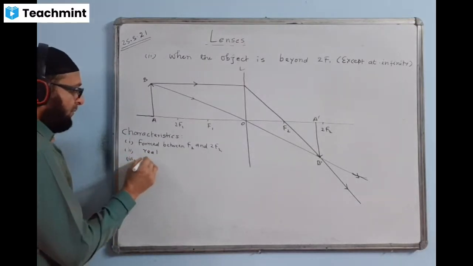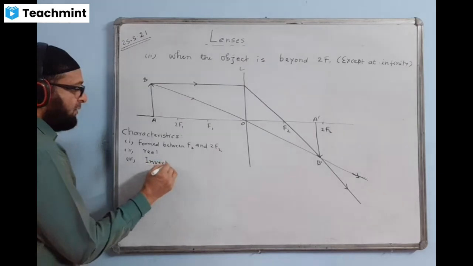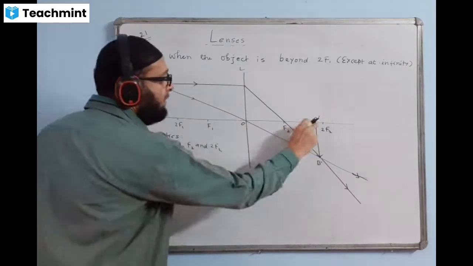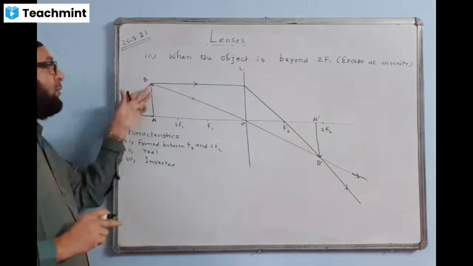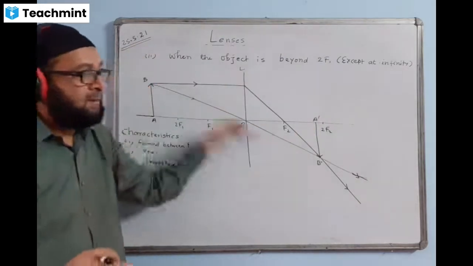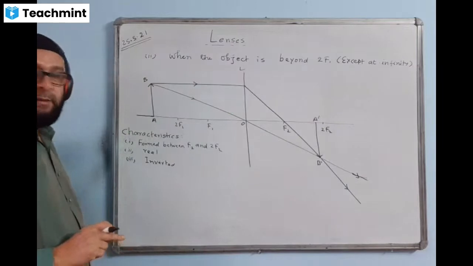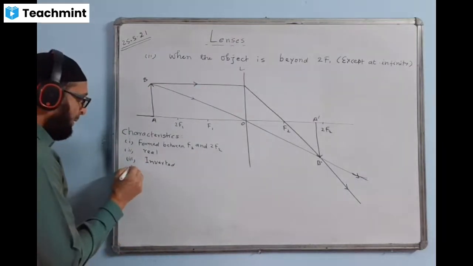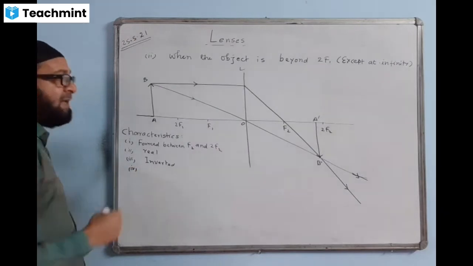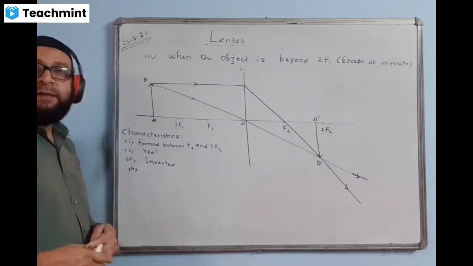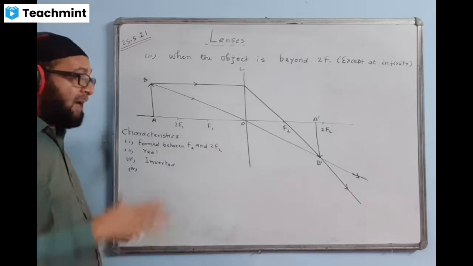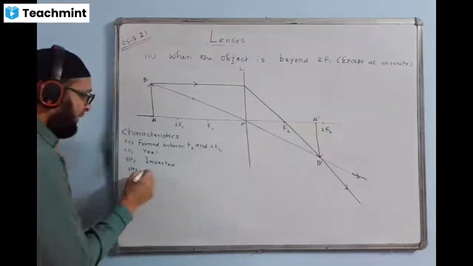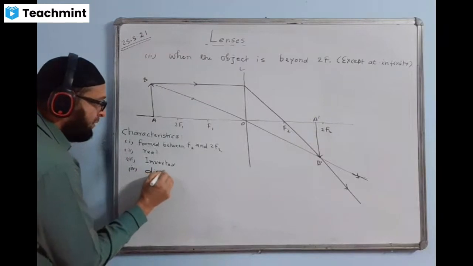Third point will come in real image has to be inverted, and you can see also this is upside down. This point B is coming here, point A is coming over here, that is A dash. So arrow image will be down here, that is upside down, inverted. And real image will be always inverted and can be obtained on the screen. And the fourth point will be size. You will check the size of the image. As per your diagram, you will find this is 2 lines and this will be lesser than that. We write diminished.